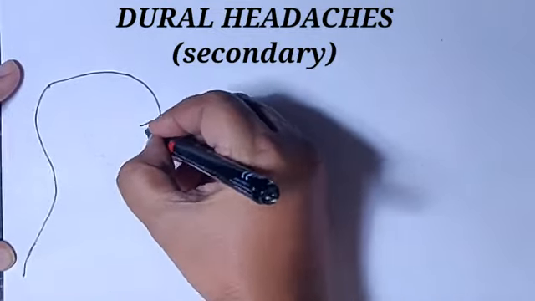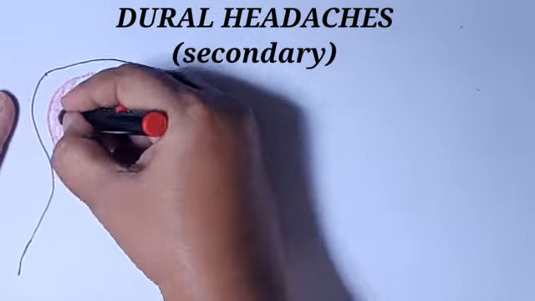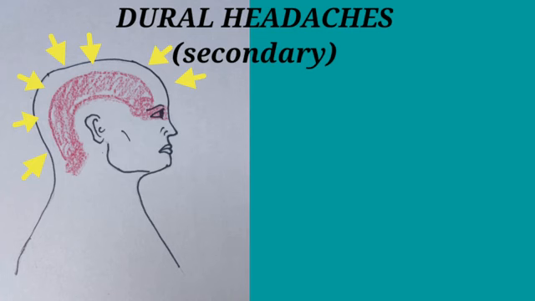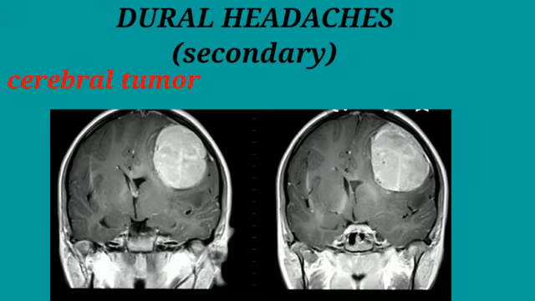In meningitis, there will be generalized inflammation of the meninges. The rich sensory nerve supply given to the dura mater by the trigeminal nerve and the upper cervical nerves will be affected. Hence, the headache will be present all over the head, including the back of the neck, in case of meningeal headaches. But the scenario is totally different in case of cerebral tumors. The headache will be localized depending upon the location of the cerebral tumor, because only the sensory nerves supplying that area of the tumor will be affected, which causes dural irritation, and thereby the dural headaches due to cerebral tumor are generally localized.